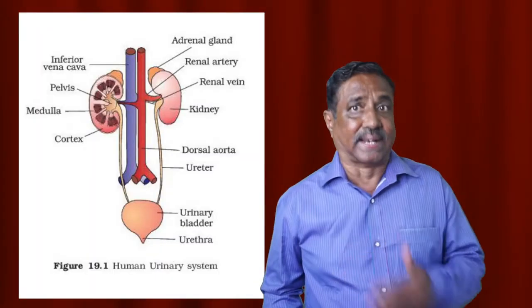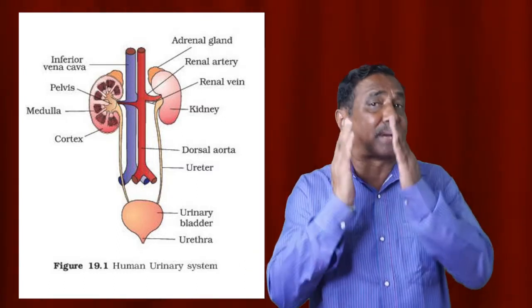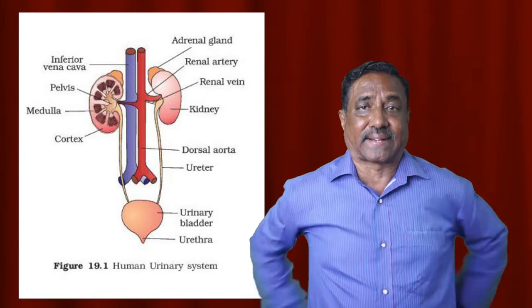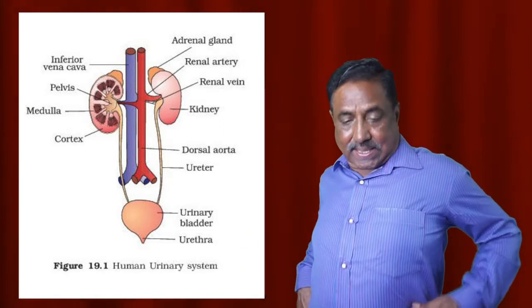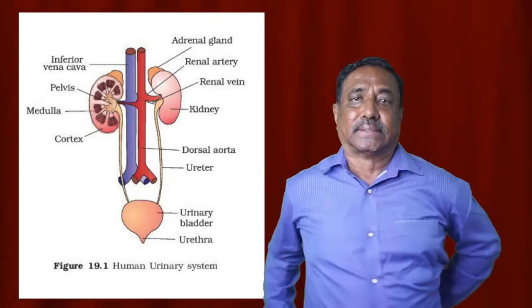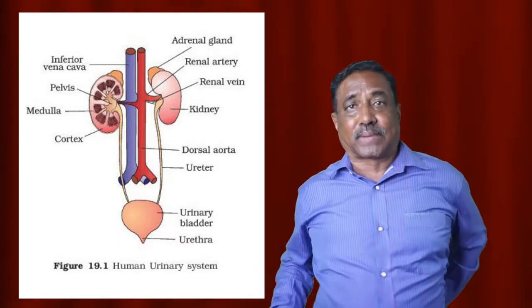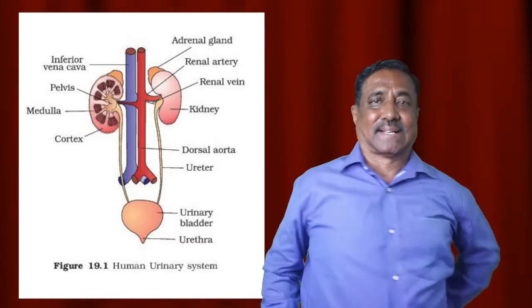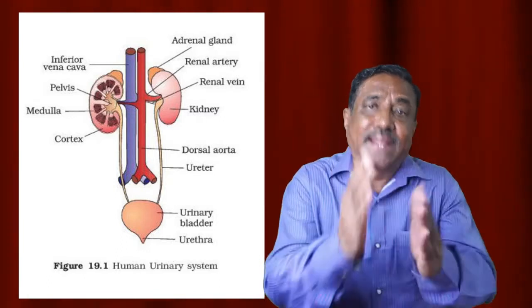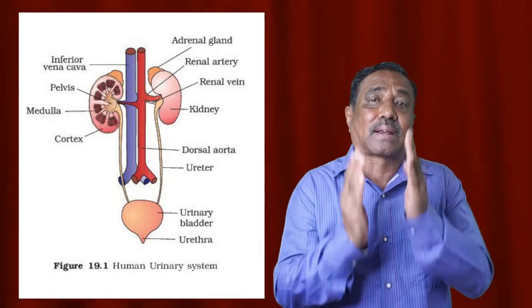So the excretory organs in case of human beings are the kidneys and the skin. Kidneys are located in the abdominal cavity, one on either side of the vertebral column. Exactly after the last rib, where it reaches there, the kidney is located. Actually, the last rib just touches the kidneys. So kidneys are located in the abdominal cavity, one on either side of the vertebral column,